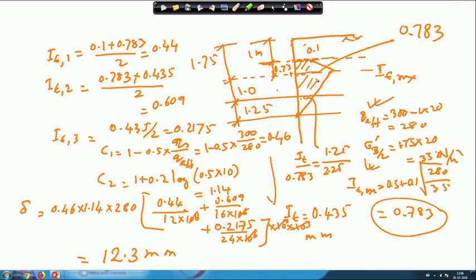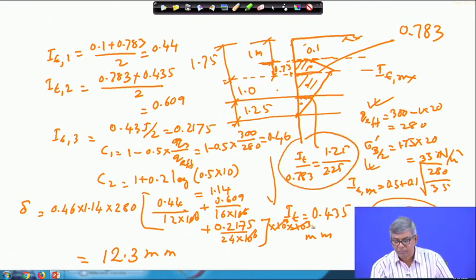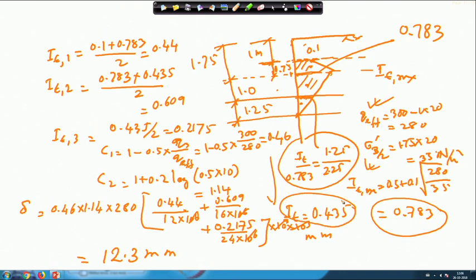I have to find out now the influence factor of this layer, influence factor of this layer and influence factor of this layer. So, to find out the influence factor of this layer, what I need to find out? I need to find out this value. How to find out this value? I can consider this triangle and this triangle. From this symmetric triangle I can express this, and from there I can find out I E, that is 0.435. Okay. So, this is known.